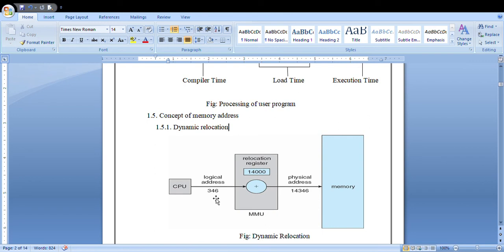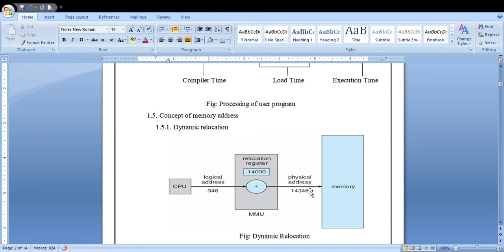If that memory location 346 in main memory is not free, the relocation register will create one address space, which gets added to your logical address.